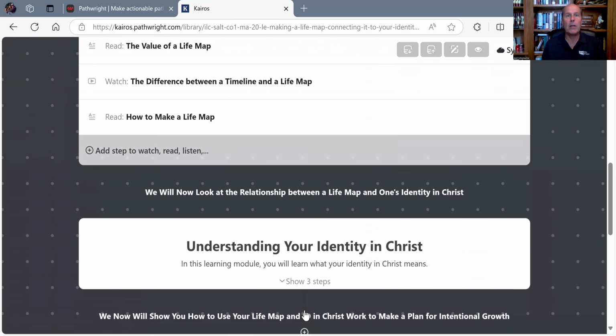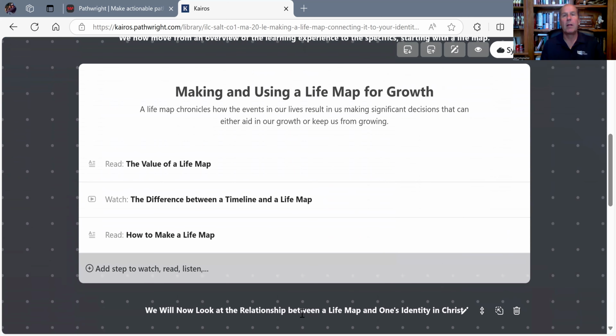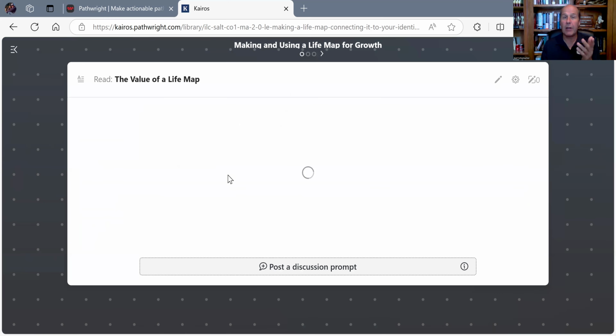Now, when you go through any one of these learning experiences, and we're just using a life map as an example, it's really important that you think of the learning experience as the essential things that you need to actually know. This is the irreducible minimum. You must be able to understand all of these areas. So when you are going through the learning experience, if you come across something and say, wow, I'm going to open this and read this, you know what, I already know all this,